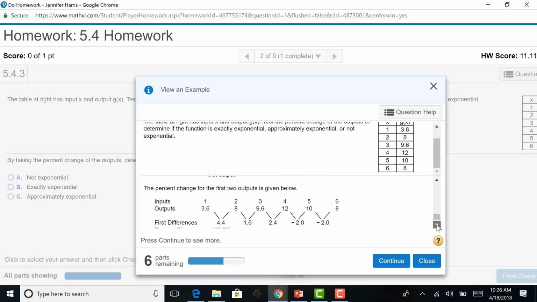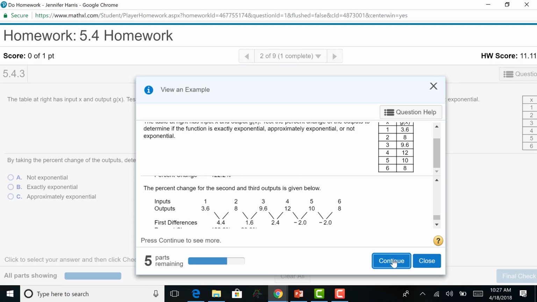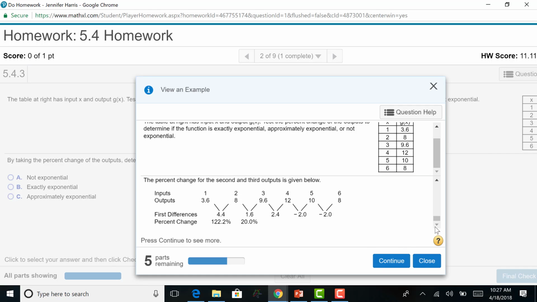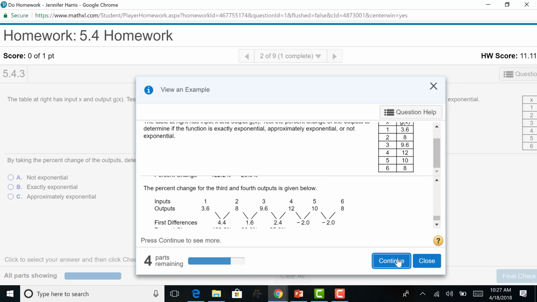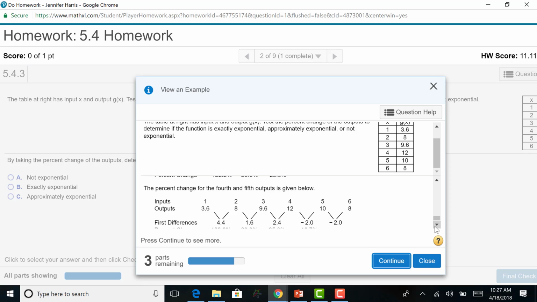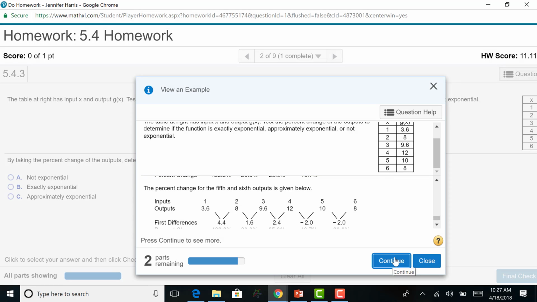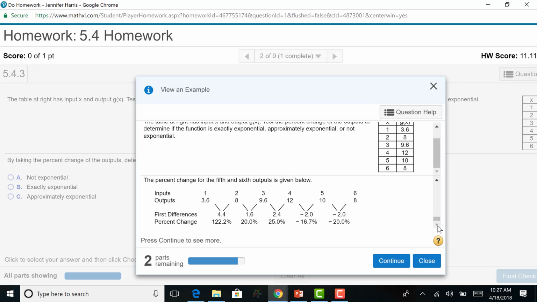All righty, let's see what we got at the bottom of the screen here. Okay, as you can see, they're putting the number down there as they get it. Okay, so there's that number. Continue. I'm just letting you see that they're dividing. So you can see what they're, once they divide, they get an answer here. Continue. All right, look at all those percent of change that they have here at the bottom. And if I continue,